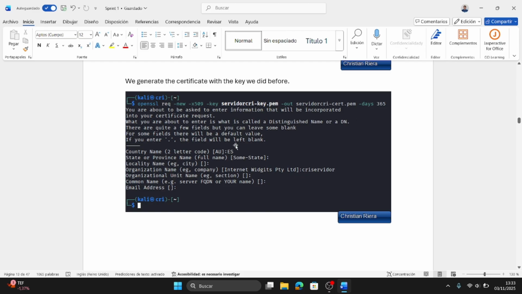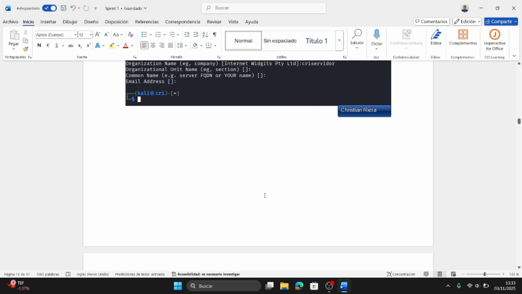We have to complete these questions or we can leave them empty, and we see that it returns to a normal prompt, so the certificate was made well.